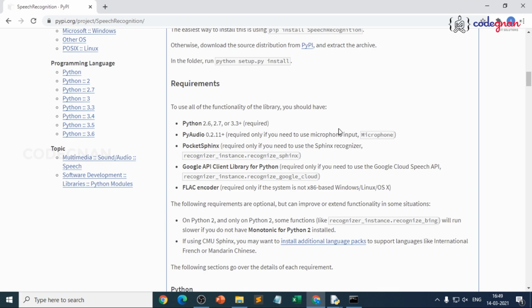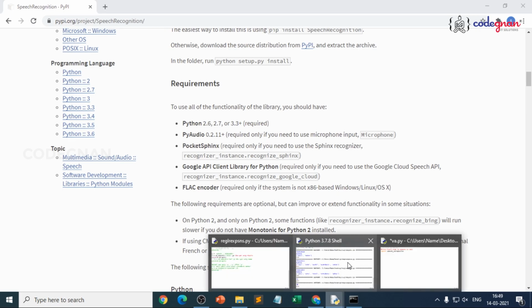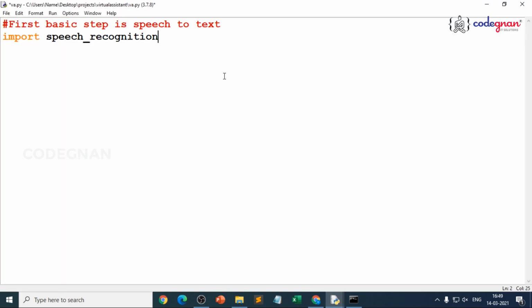It requires PyAudio along with a microphone. If your system or laptop does not have a microphone, not supporting, then this particular project will not work. Along with speech recognition, we need to have supporting other libraries also. I'll make sure, once I share it, I'll tell you how to use it, because that is very, very important. So import speech_recognition as, we are aliasing it.